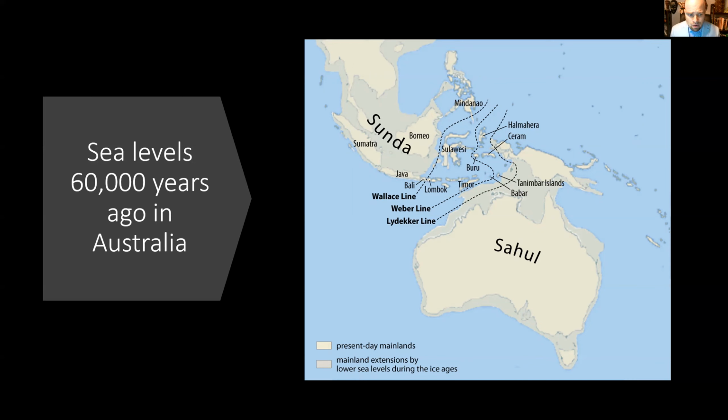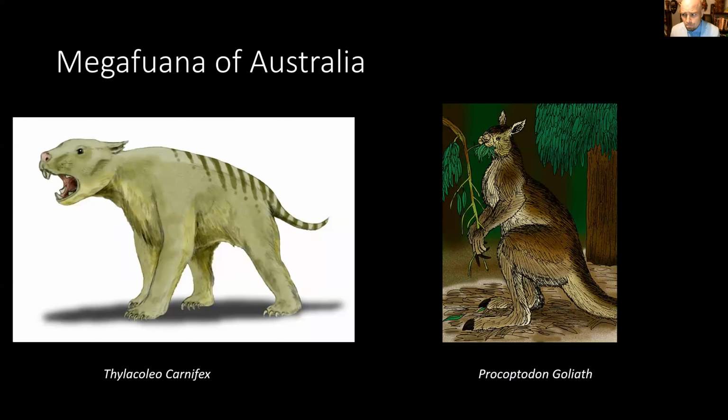Now, what we can say about Australia 60,000 years ago is it was quite different than it is today. So Australia and New Guinea were part of one continent, and this is because sea levels were lower, and this was called Sahul. And Southeast Asia was also significantly larger than it is now. So the environment was wetter in the Sahul than it is today. And probably at first, at least, it was richer, it was better.